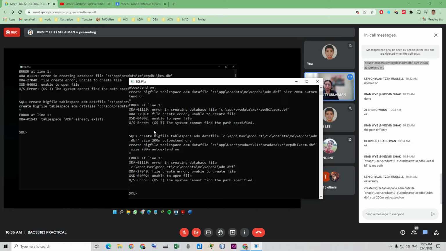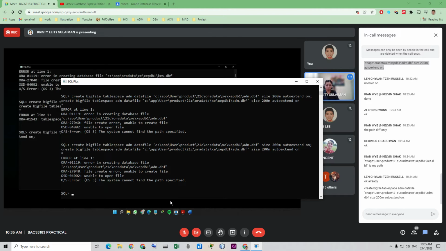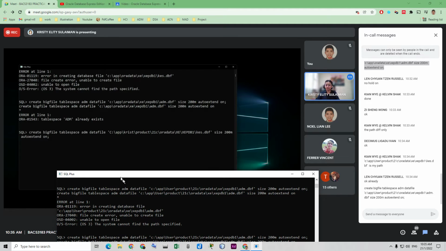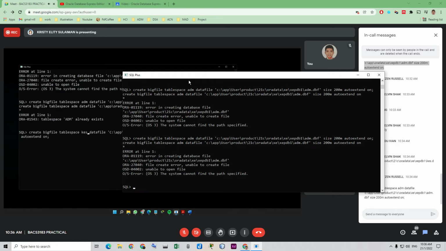Depending on what tablespace you created, you should be using your own path.